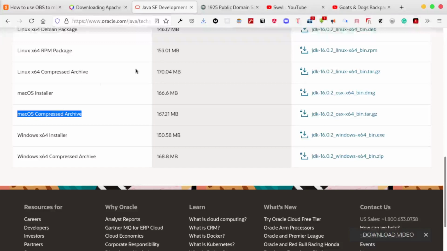But it is always better to use the installer, because the installer is going to set the paths for you. But anyway, you can still decide to use the archive, in which case you have to set the paths and all that manually. So even for Windows, you are provided with an installer and also a compressed archive. So it's all about your decision, but I will recommend that you use an installer so that it can set the paths automatically for you.